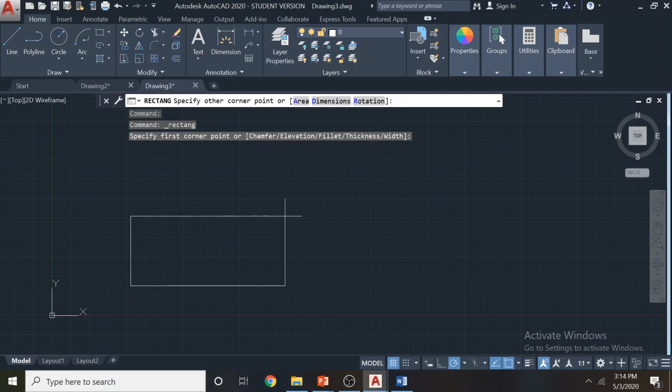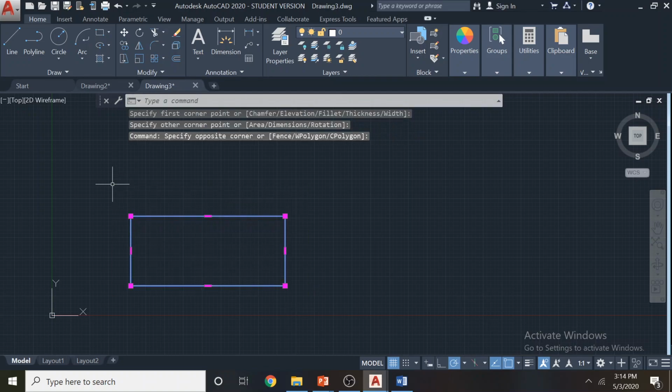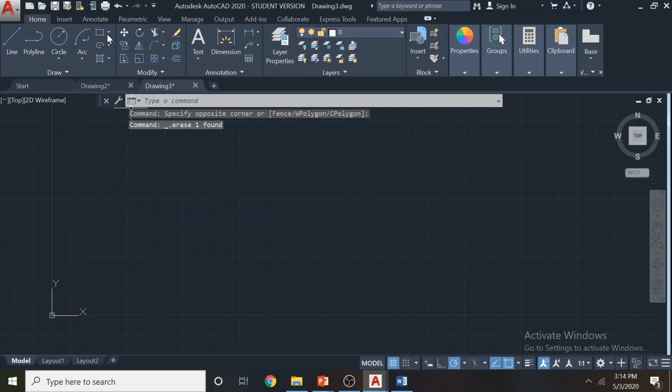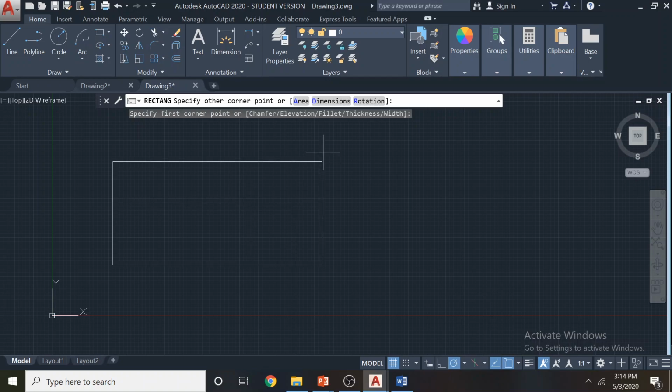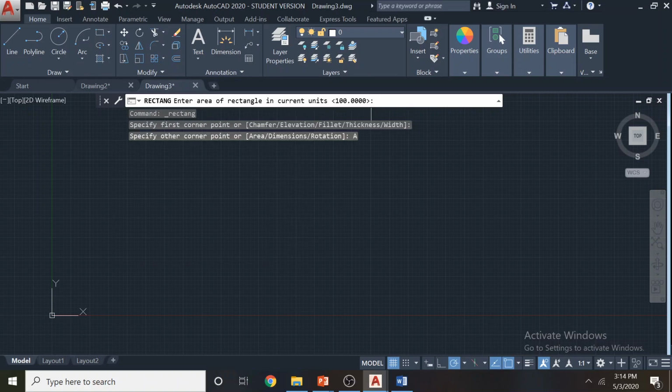the second corner. You can type the coordinates and give the two corners. Suppose you don't know the second point, sometimes there are cases like that. You can give the area of the rectangle. If you know the area of the rectangle, it can be input as a parameter. I can give, say, 120 square units, and it will ask you the length or the width of the rectangle. Say I'll give the length as 12.